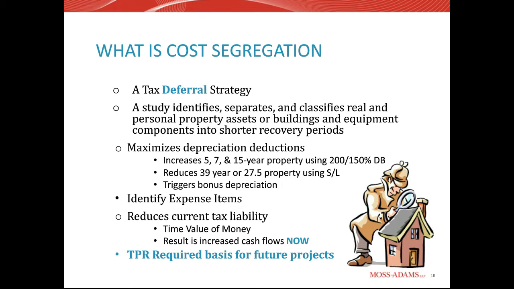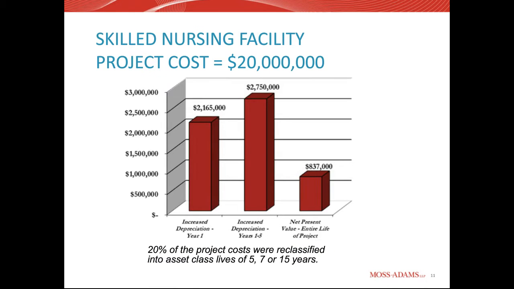It also identifies the TPR required units of property, and we'll talk about that a little bit in a couple more slides. But the results of a cost segregation study will essentially get taxpayers in compliance with the new tangible property regulations. Then obviously the value of the cost segregation is a time value of money benefit. Obviously having the dollars today versus having the dollars spread over a 39-year period is the true benefit of a study. So sometimes it's easier to look at it in the context of dollars and a graph.